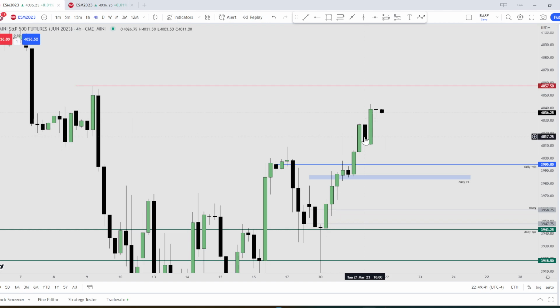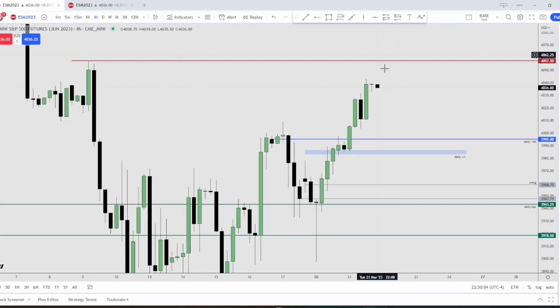If during London price can retrace back into this level, then I think we might get a move in AM session into the high here, and I think probably from here we are gonna retrace down. Okay, so why am I anticipating a retrace down to the daily order block? It's because